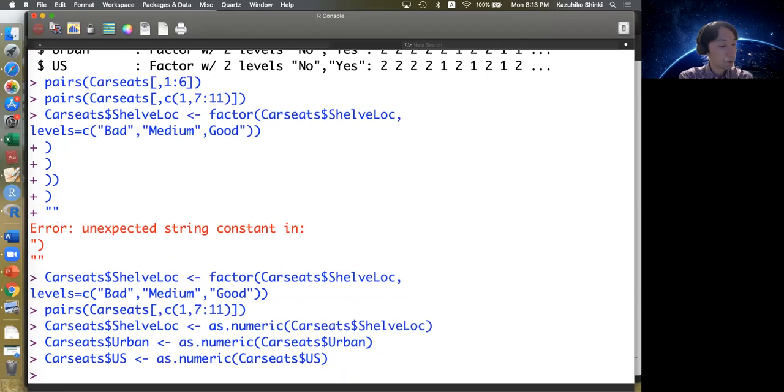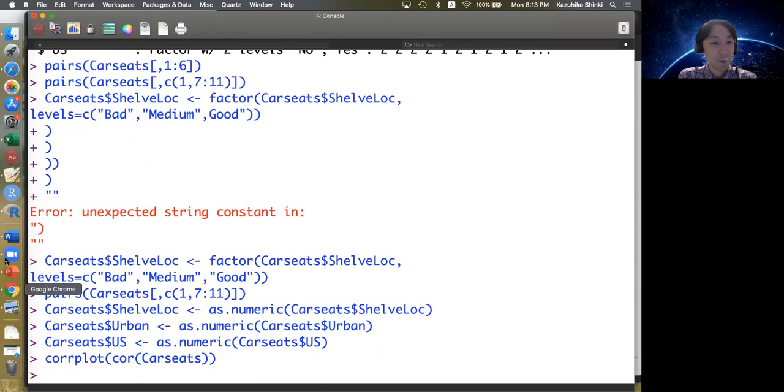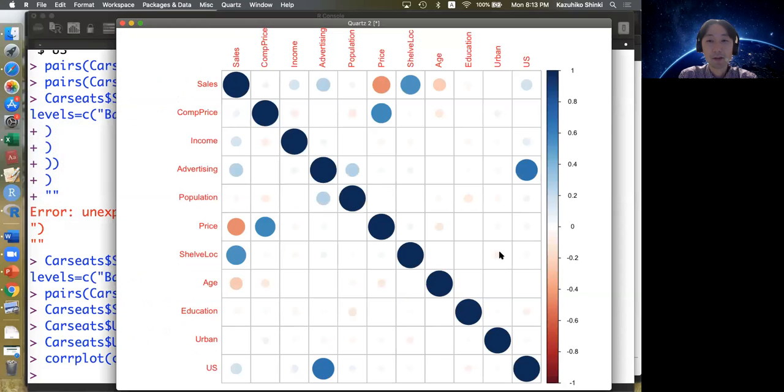Then now we can use the correlation plot of the Carseats. So the correlation of Carseats is a matrix. If we have 11 variables, then that is an 11 by 11 matrix. But if we use the correlation plot, then we can make this. So these are variables, the sales and other variables. Then we have 11 variables, and this represents correlation. If correlation is 1, this is dark blue, and if the correlation is -1, dark red, and in between,